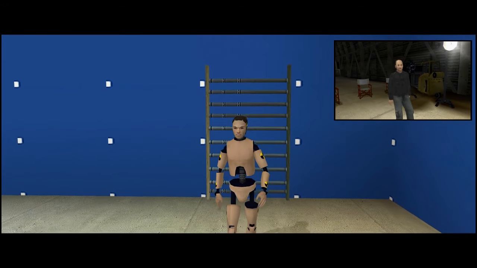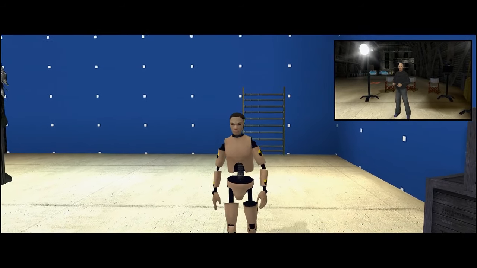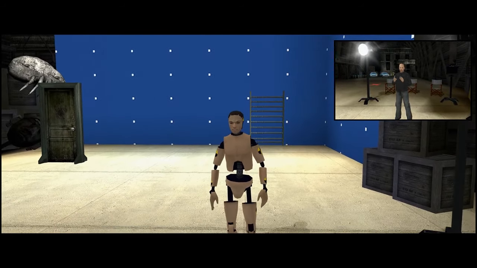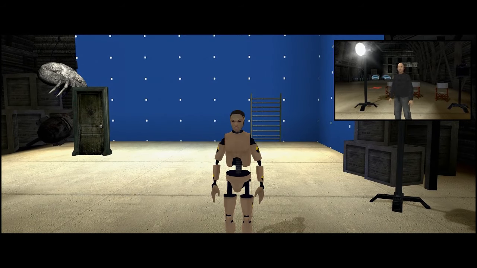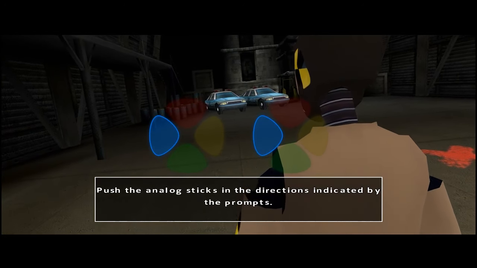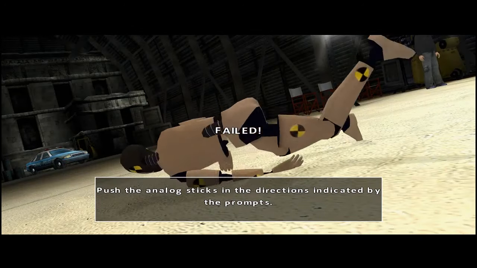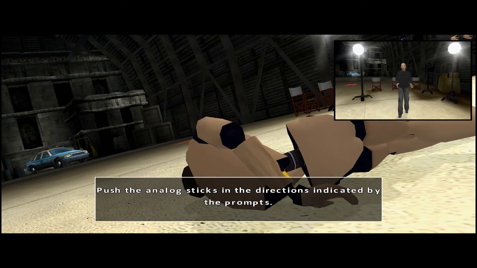Hey, not bad. Now for something a bit more difficult. You're gonna find yourself facing all kinds of dangers in Fahrenheit. You're gonna need a cool head and good reflexes if you want to survive. Let's see how it works. That's what can happen if you don't have good reflexes. Try again.